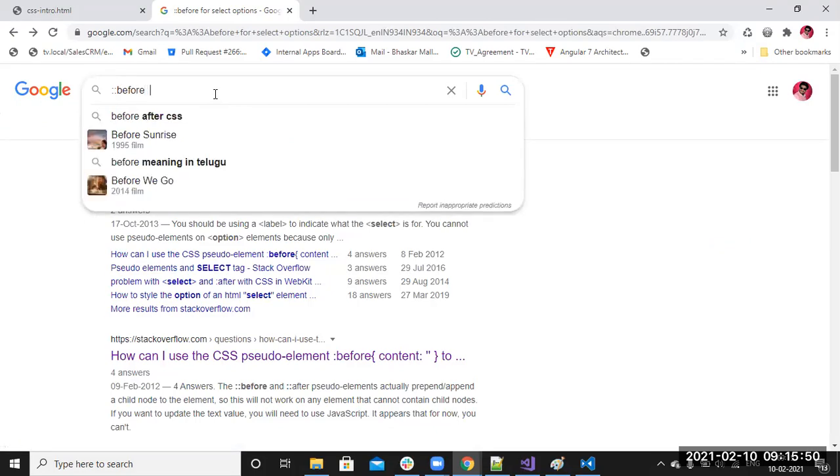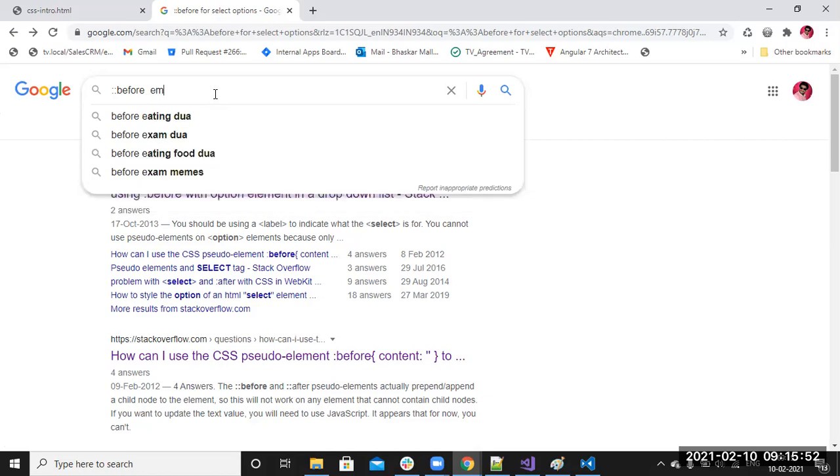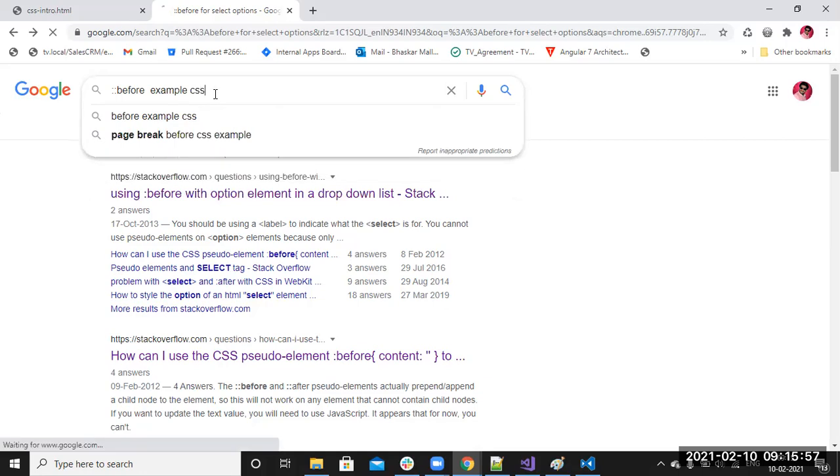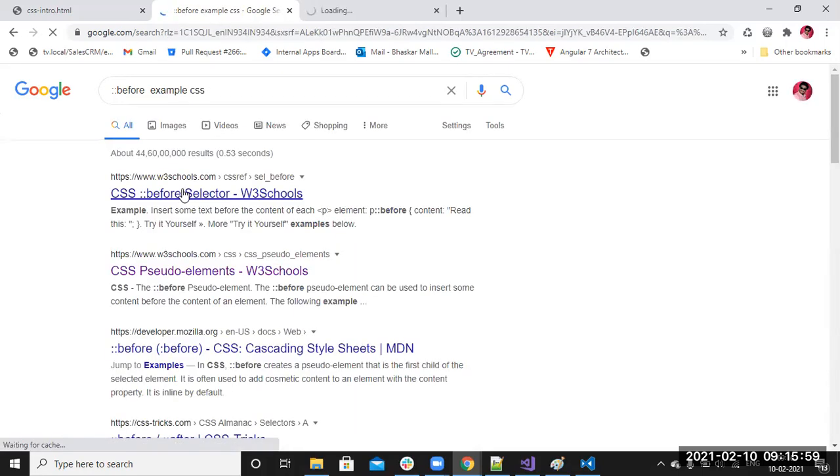Colon before example and CSS. Okay, we'll see where we'll use this.